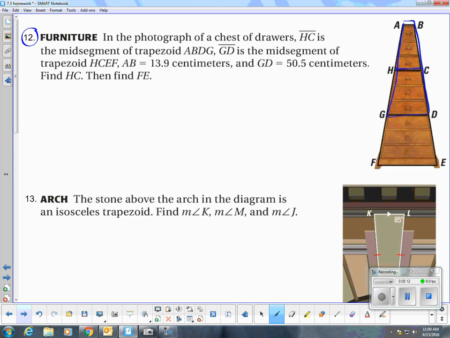GD is the midsegment of trapezoid HCEF. So this is the midsegment of